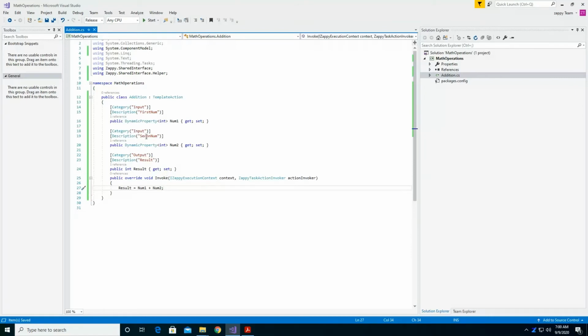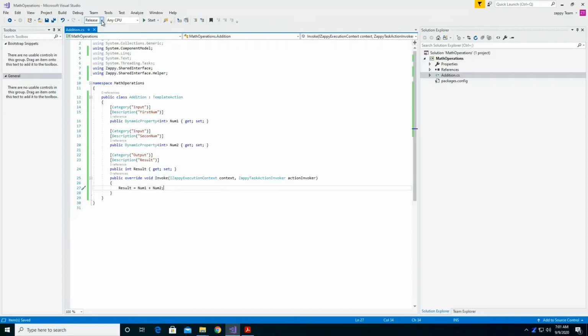Okay. Once you finish writing everything, here you find two modes. These are the two configurations, debug and release. Programmers generally use the debug mode for debugging their project step by step, and then select the release mode for the final build of the assembly files, that is the DLL files. We need those DLL files to assign to a Zappy task editor. Okay, so first we'll see how to create those DLLs.